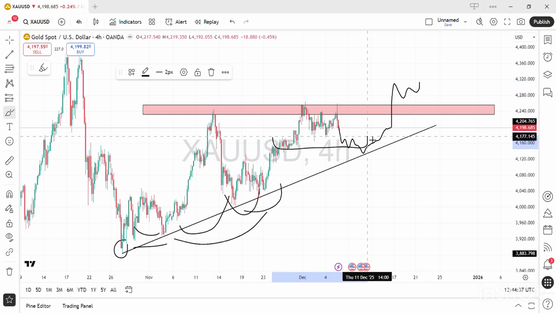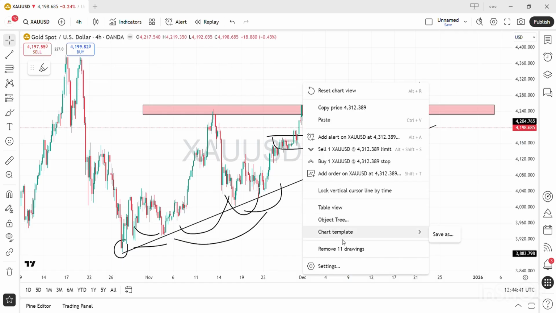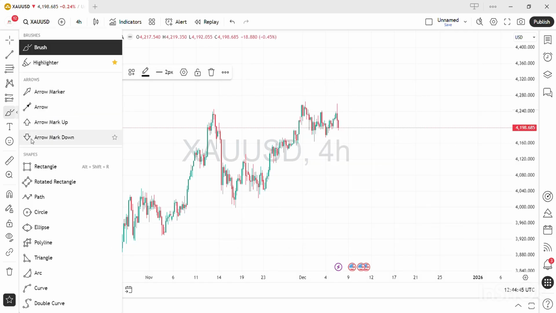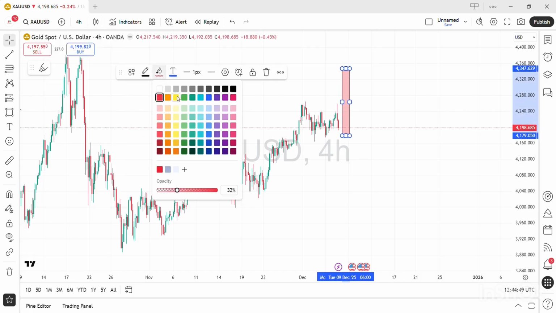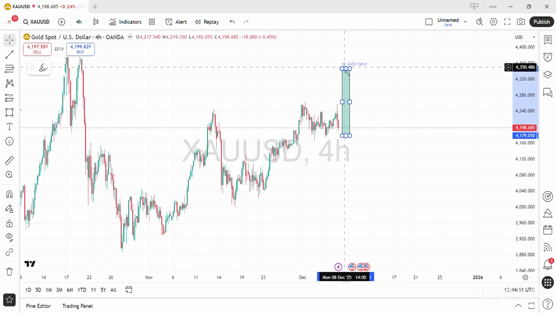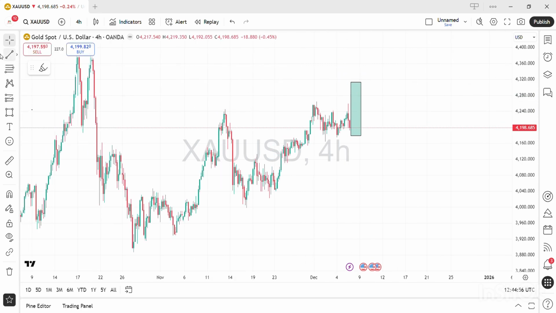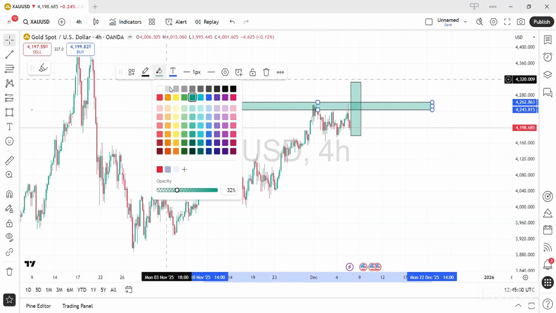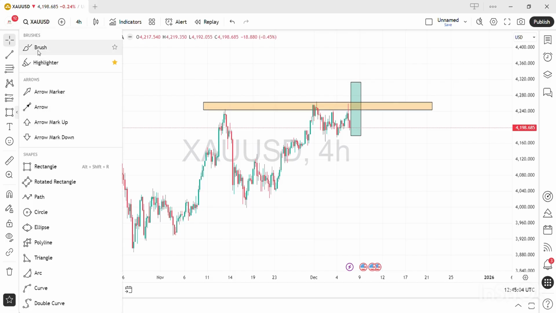So for now the gold is in the bullish direction, and we just have to wait for the market. If there is a strong bullish engulfing pattern in the gold, just like that, on the H4 candle time frame, which will engulf the zone. Which zone? This one. If gold engulfs that zone with a strong bullish engulfing candle and it closes above the structure, then we are going to take a strong 100% entry on the retest in the gold.